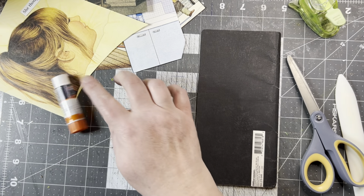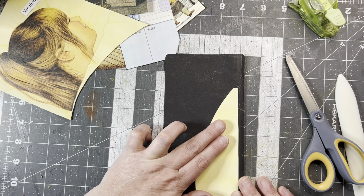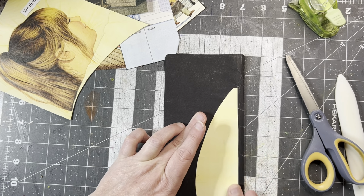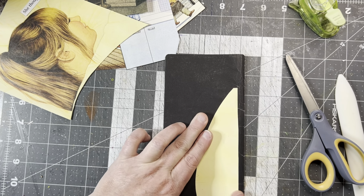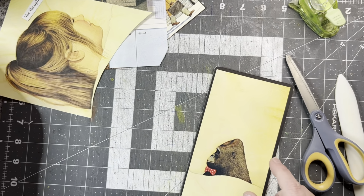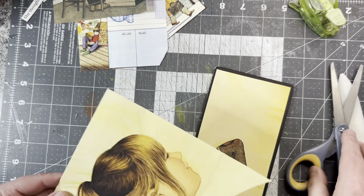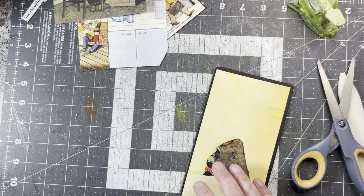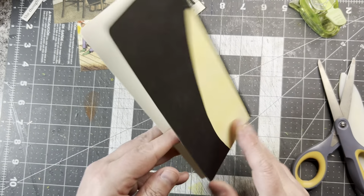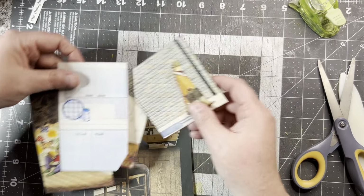I'm going to keep her little face, her little head and all that. So yeah, we'll keep this as a piece. I'll stitch around that guy. I'll do a little stitching on that as well to add to it. And then we have